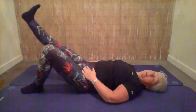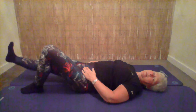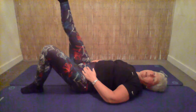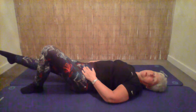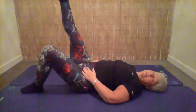Hold, flex the foot. So you're pulling the toes towards your knee and then slowly lower the leg down towards the floor, but don't touch it. Point your toes so you release, and bring your knee back in. So you breathe out to extend, breathe in, flex the foot, breathe out, slowly lower, point and release. And again, so extend,